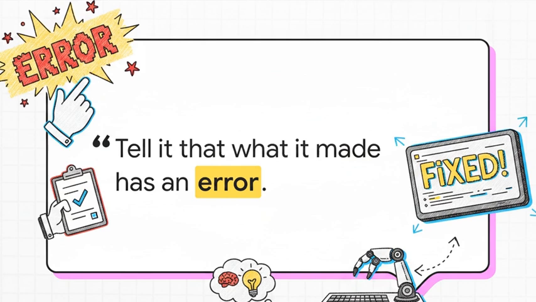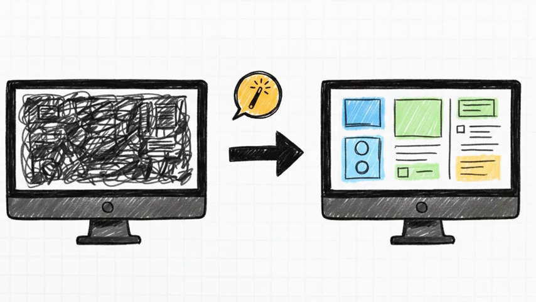Instead of panicking, the creator used this highly conversational debugging process. They literally just copied the red error text from the terminal, pasted it directly back into the AI, and effectively just said, "The code you made has an error. Fix it." No tears, no late nights digging through stack traces. The AI immediately understood the problem, rewrote the faulty code, and gave them the exact command to get the app running perfectly.